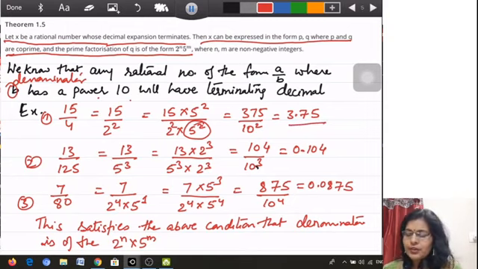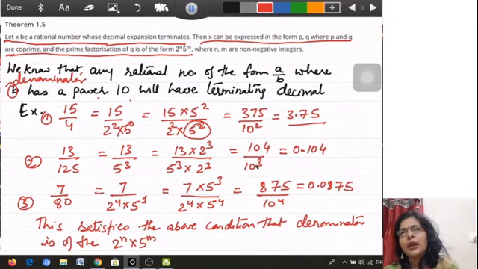There are two more questions. 13 upon 125. Now the same condition is over here. Earlier it was written here 2 to the power 4 and 2 square, but it was not written because we just assume that 2 square is written. So it can be 5 to the power of 0, and anything we can add on this power. But if any other number is written, suppose 7, 9, any other number, then we have to worry. If no number is written, then anything to the power of 0 is 1 can be used over here. Simply we can see over here 13 upon 125. This is written as 13 upon 5 cube.